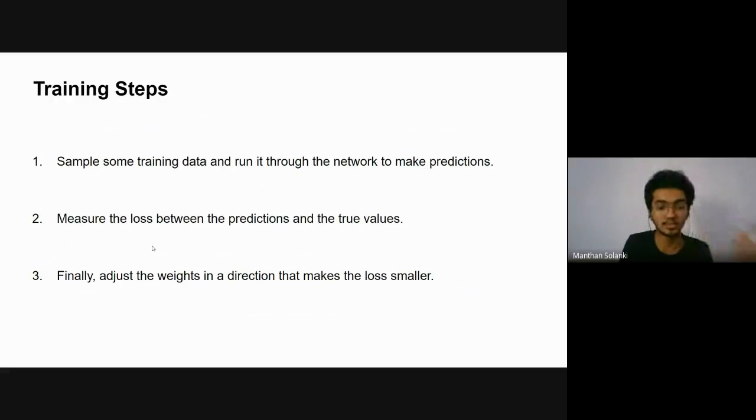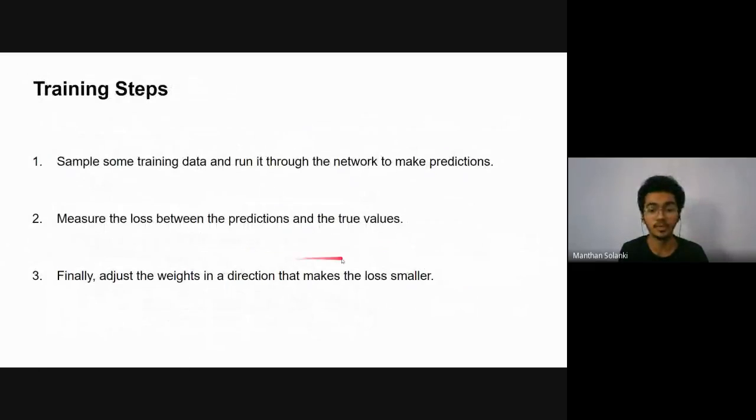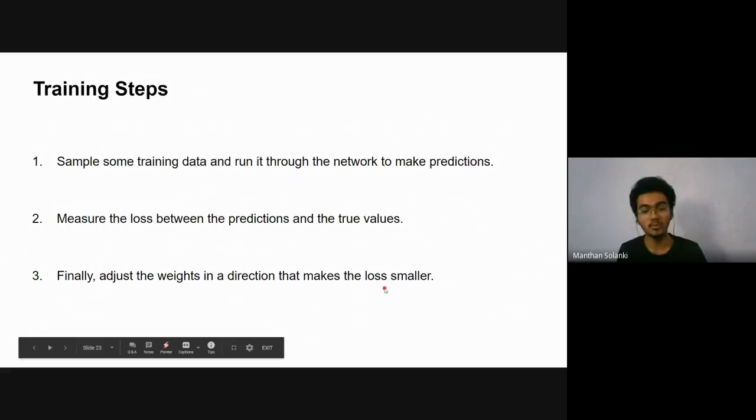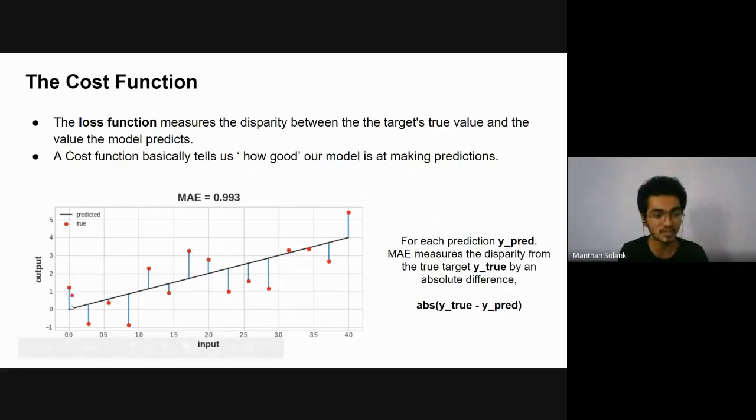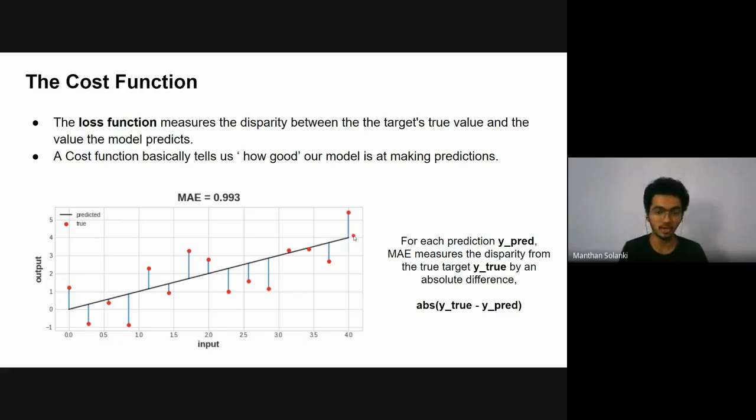So that's why we have to adjust weights, because our input data set is fixed. The only variables we have are the parameters between all these neurons and the bias term. So we have to tune our parameters and bias term in such a way that we can minimize the loss function. Why do we want to minimize the loss function? If the distance between the predicted value and true value is minimum, then we can say that for future values, our model will give the best accuracy, right?